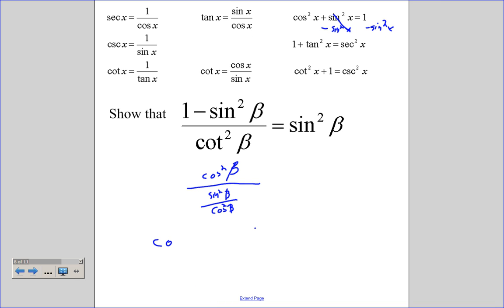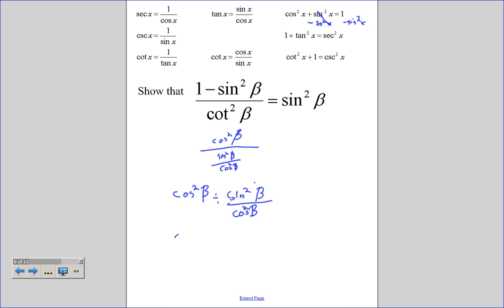So this is the same thing as writing cosine squared beta divided by sine squared beta over cosine squared beta, which is the same thing as writing cosine squared beta times, oh,